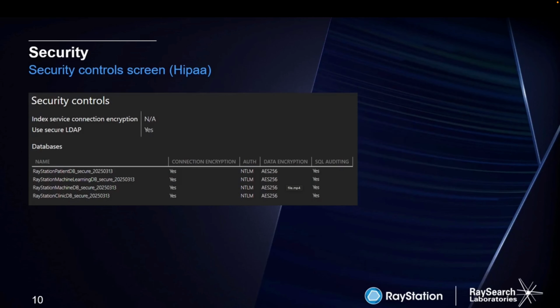When the system is ready, we can go into the HIPAA screen. Now, this is called Security Controls, and the button for details is always enabled. When pressing this, you will arrive at the screen seen in this image. In the table, you will see the connection encryption. That was the connection string. Then, under data encryption, we have TDE 256, and we have